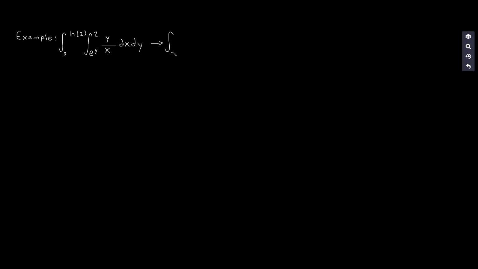So I'm going to have the integral from 0 to the natural logarithm of 2 times the integral from Euler's number raised to the power of y up to 2. I'm just going to manipulate the integrand. I want to move that y over. I'm going to have y times 1 over x, integration with respect to x, integration with respect to y,